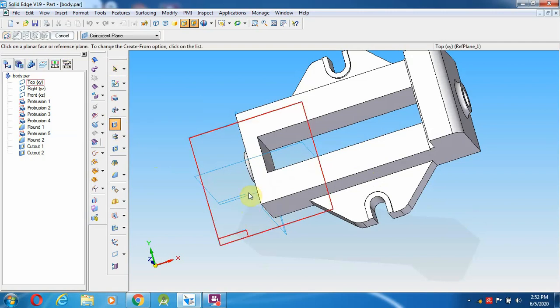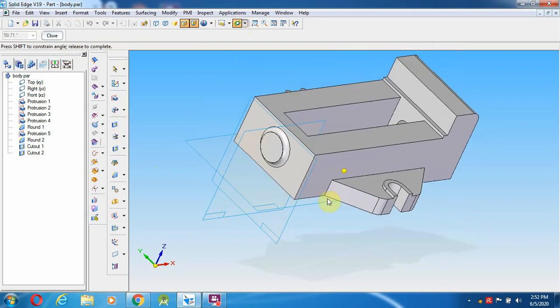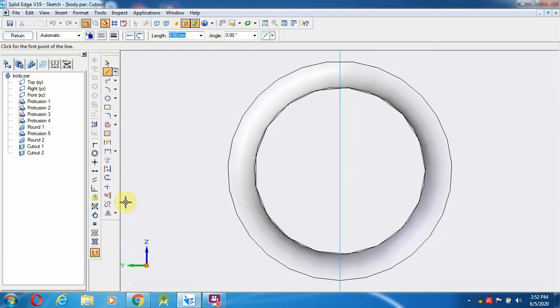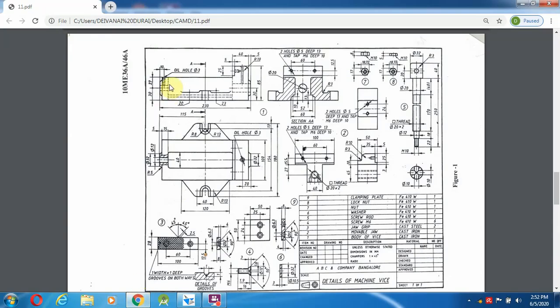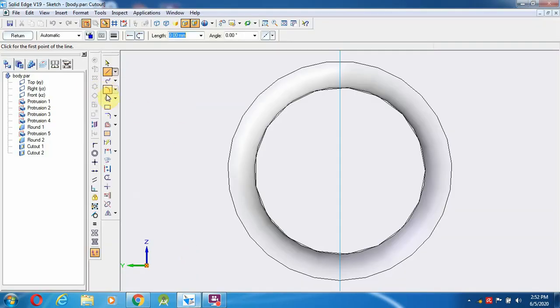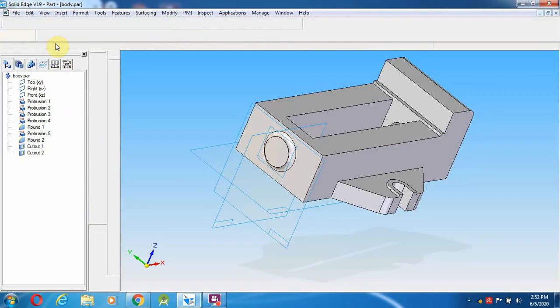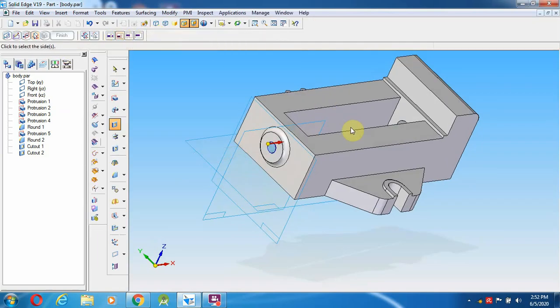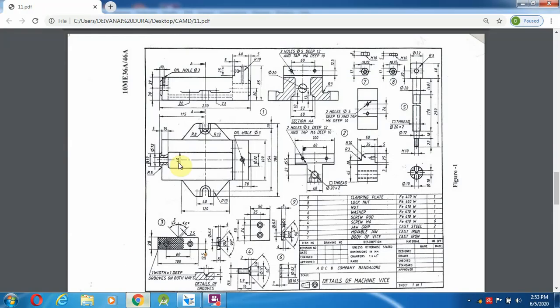After that you can save. After saving this, you can go to the cutout again, rotate over here and select over here. If you are selecting here, the inside diameter is not given here, so come and check with the top view. In the top view the 12 mm diameter of the hole is provided. So select a circle from here to 12 mm diameter, then return. So go over here like through next, left and right click. So the circle also has to be created. So give fit.